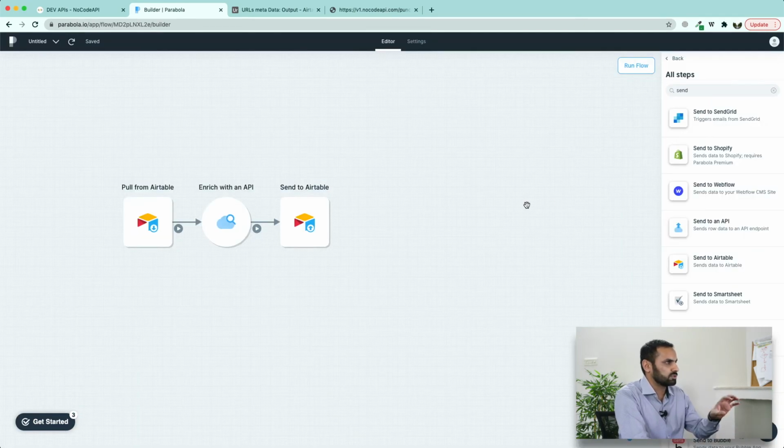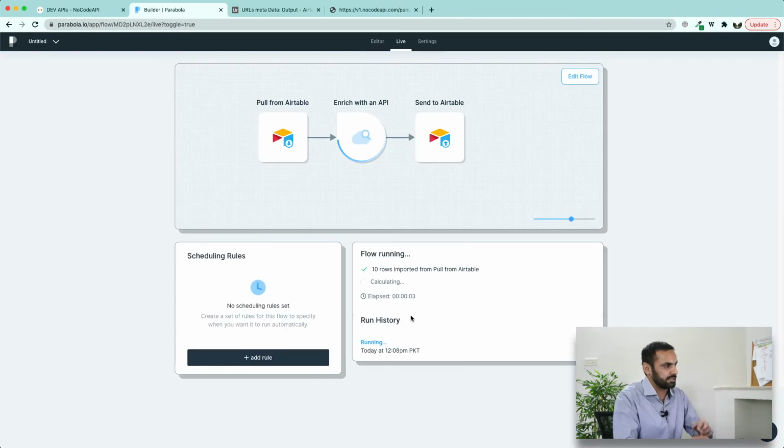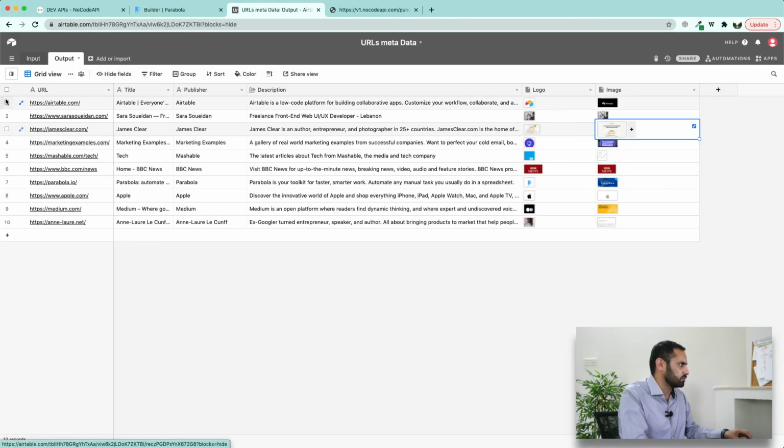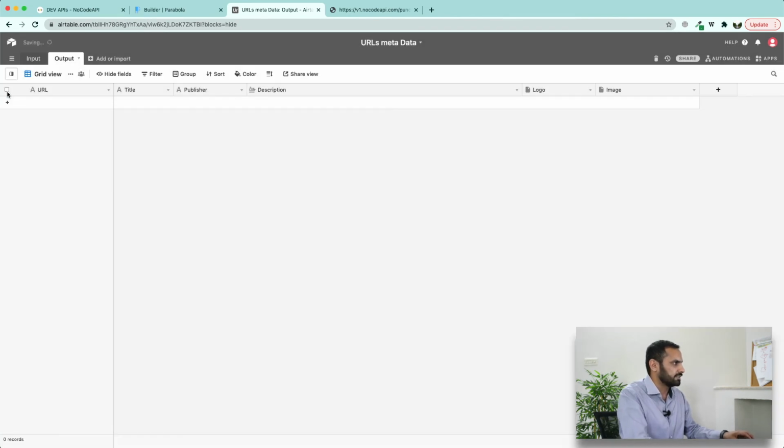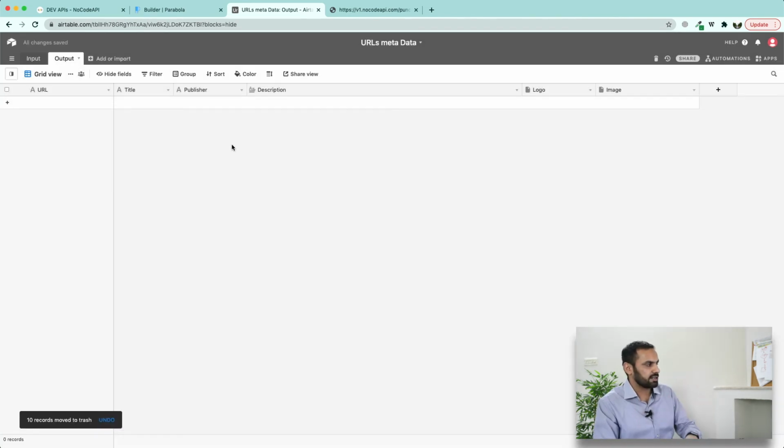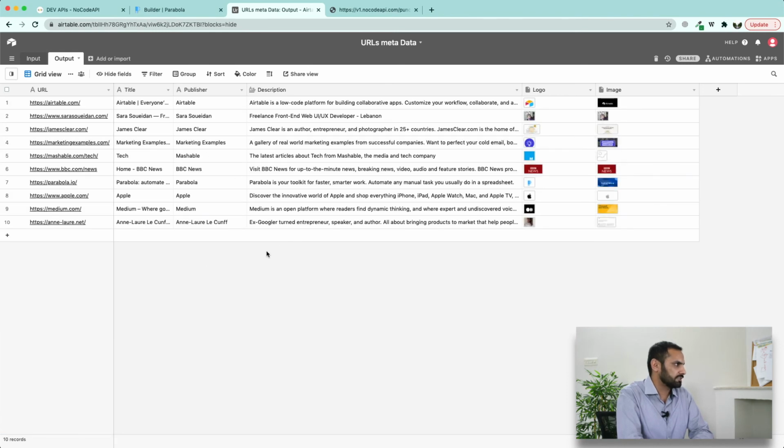Next, I am going to close it and run this workflow to make sure that everything is working okay. And in the next 22 seconds, it is going to run this entire flow from scratch again. So I'm going to delete those output headings again, so that I can show you that all this data is now loaded into Airtable. You can see that all this data has been pushed into Airtable using a very simple workflow and using a very simple API, which helps us fetch the URL, the publisher name, the meta tag